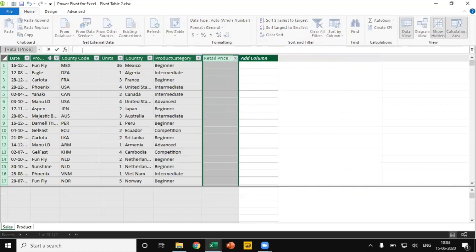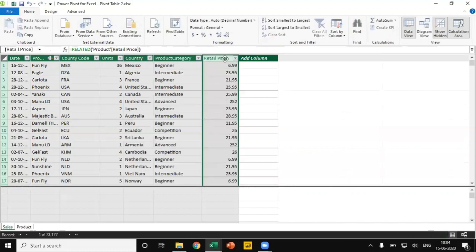Say for example, I'm just adding RELATED. RELATED is the function to retrieve other table information. Now you can see that the other table columns are available. Now I want to retrieve retail price. I'll just select and then close the bracket. Now I got retail price.